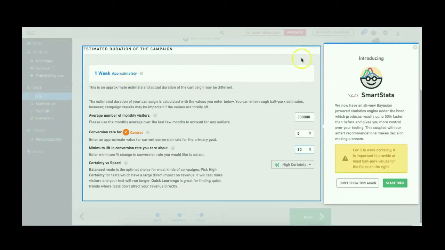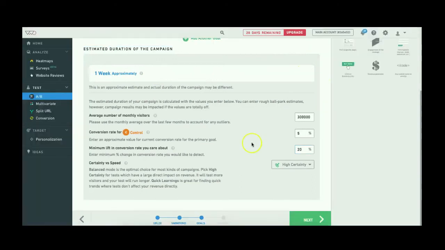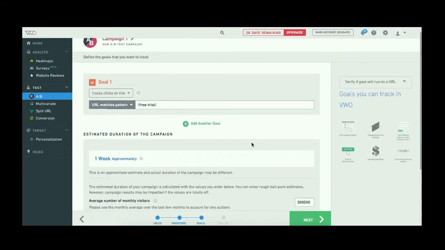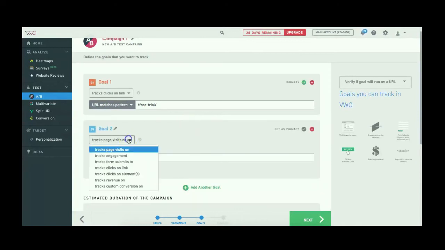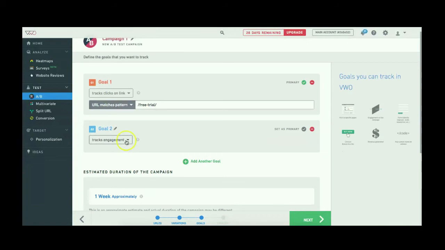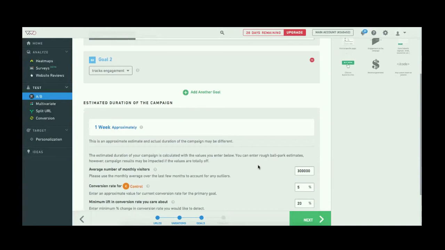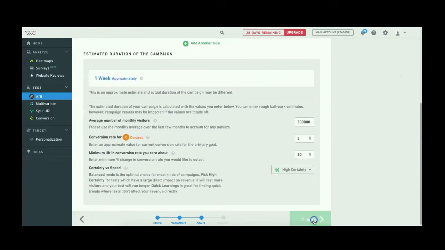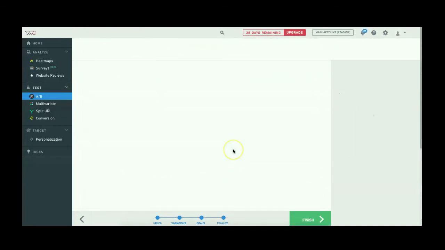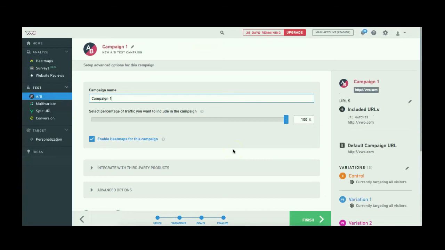Once I'm done, I've set up the parameters, I've created the goals. I can choose to add another goal here for tracking engagement on my page. All I'll do is I'll choose to add a goal, select Track Engagement, and that's it. Once I'm done creating the additional goals, setting up the parameters for my campaign, I can hit Next. And it would take me to the section where I can